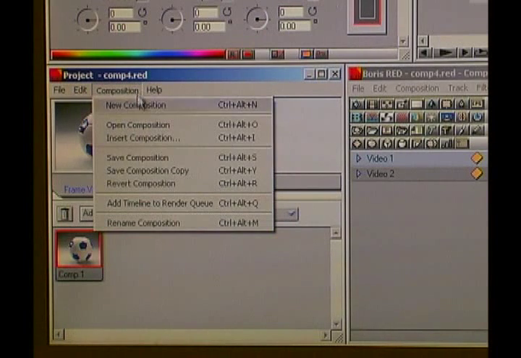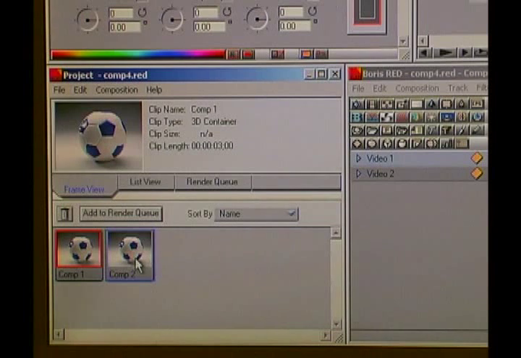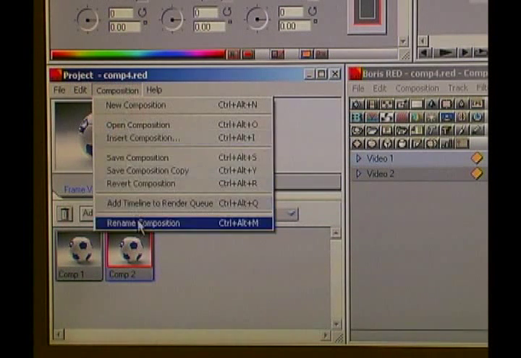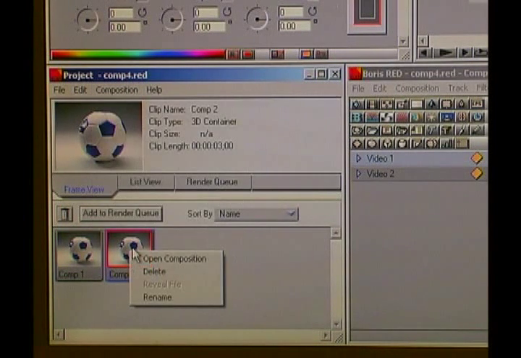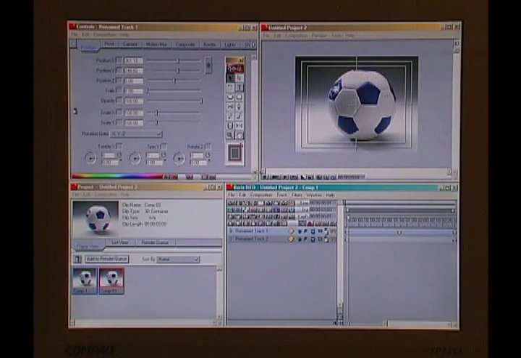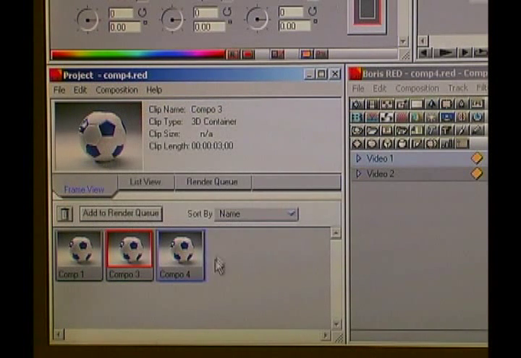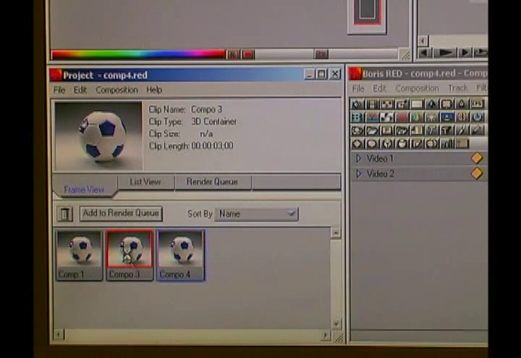Now, to save your composition, you can just basically save it here, and there it is. You can rename this composition. You can right-click it and rename it. You can come up here to Composition and rename it Compo 3. See, it changed the name here. You can make a new composition in the same project very easily and switch between the three